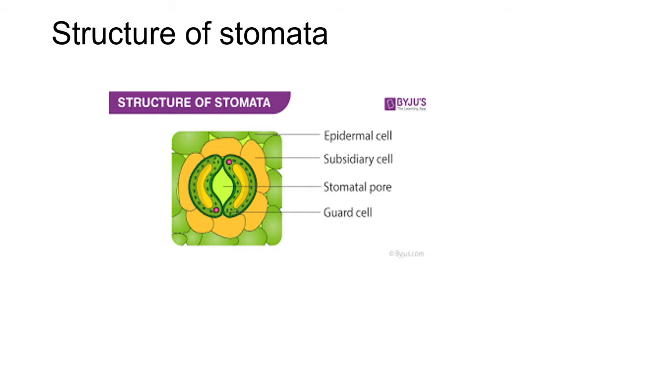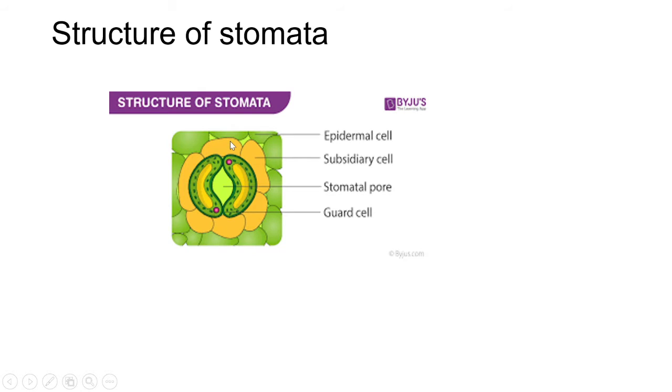The stomata are located in pits below the epidermal leaf surface, or may be of the sunken type. That means in mesophytic and hydrophytic plants, the stomata are simple. They are directly present on the surface of the epidermis. But when the plant is xerophytic, the stomata are sunk in the epidermal cells, and that type of stomata is called sunken stomata. The function of sunken stomata is to check the loss of water, to prevent the rate of transpiration.